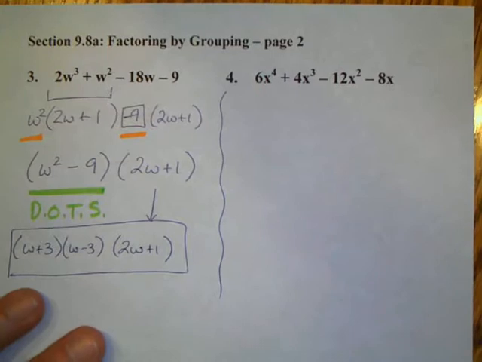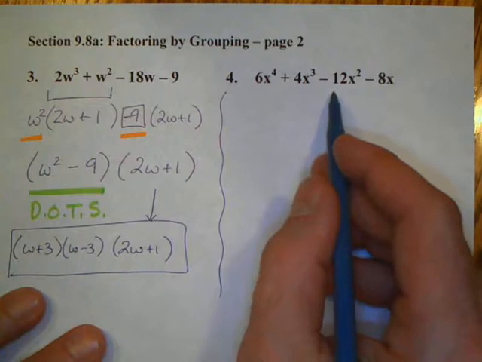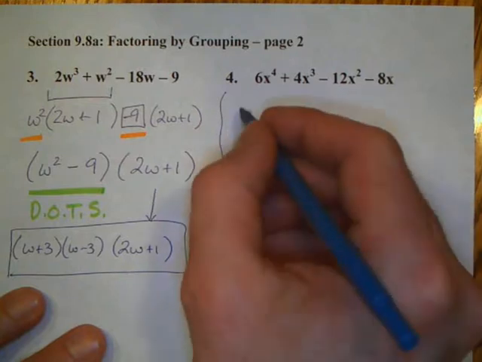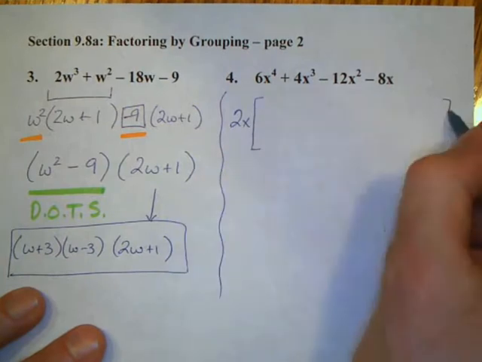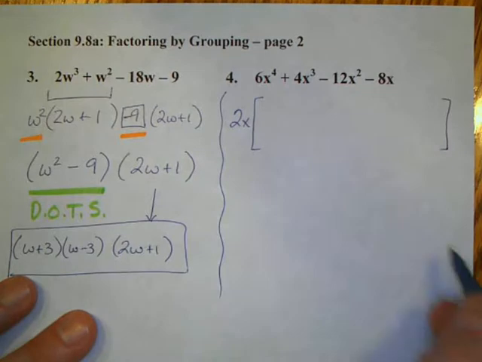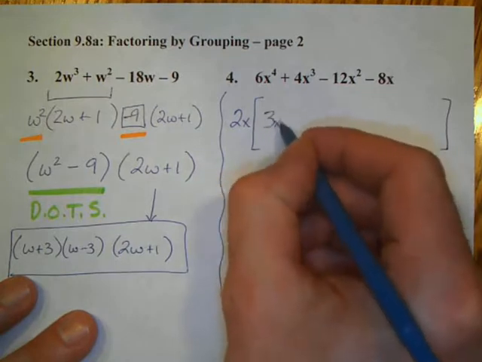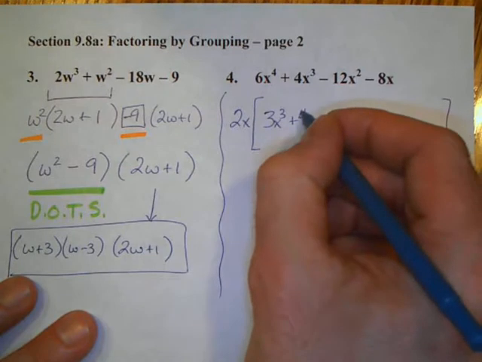Now let's look at problem 4. We look at all four parts, and once again we try to determine, is there a GCF that goes into all four of these? In this case, between 6x to the 4th, 4x cubed, 12x, and 8x, there is a GCF, and that GCF is 2x. I'm going to put large brackets, and inside that is going to be what I have left. That's going to be 3x cubed